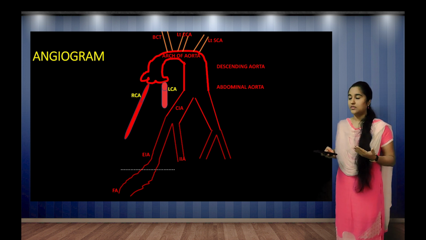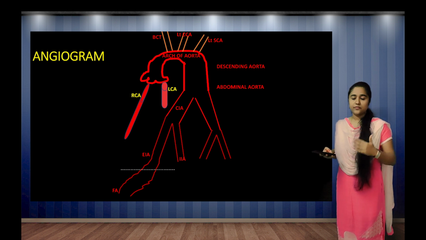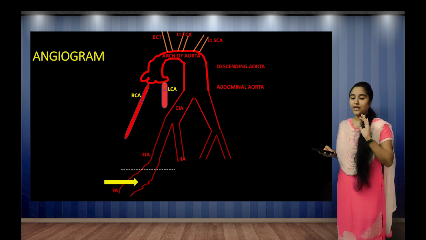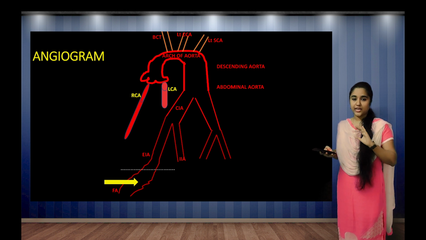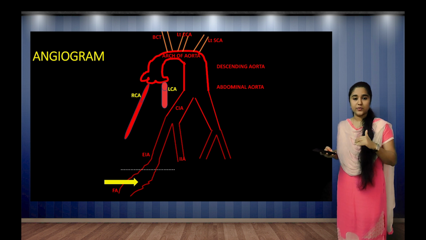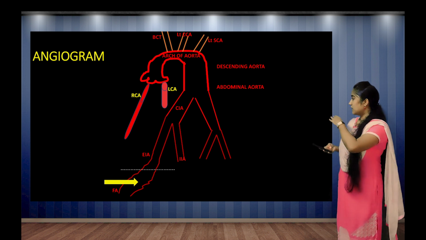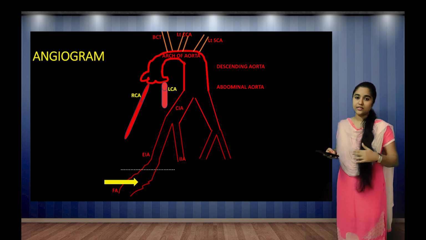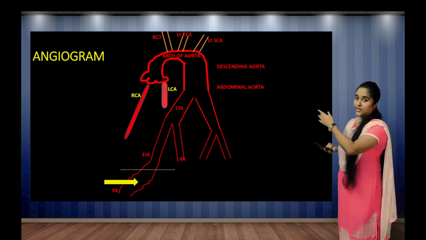So you know about the femoral artery. You can palpate it at the median point. The femoral artery is a continuation of the external iliac artery. So what you have to do is, you have to palpate the femoral artery about 3 cm below the median point, insert cannula, and through that you have to insert a guide wire. So that should pass from the femoral artery, then from femoral artery to the external iliac artery, then common iliac artery, abdominal aorta, then descending thoracic aorta, arch of aorta, then from there to the ascending aorta and to the